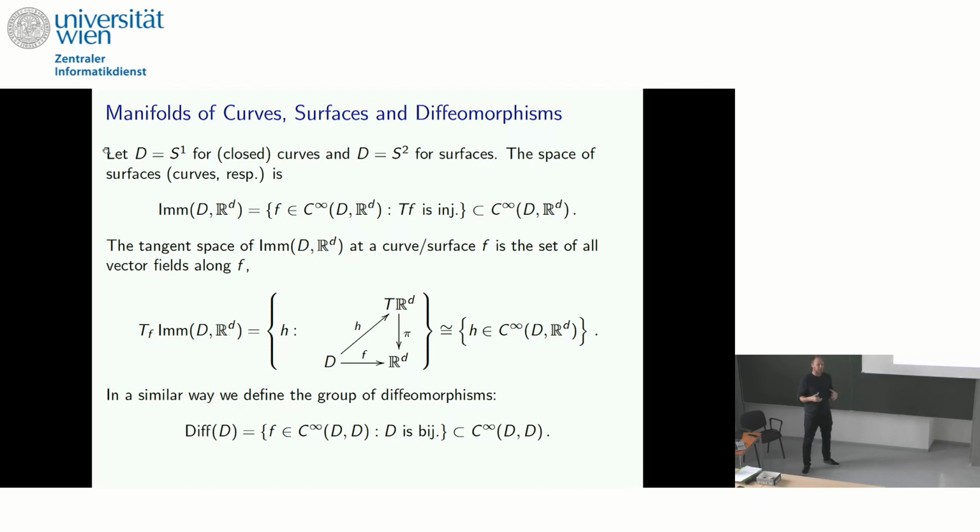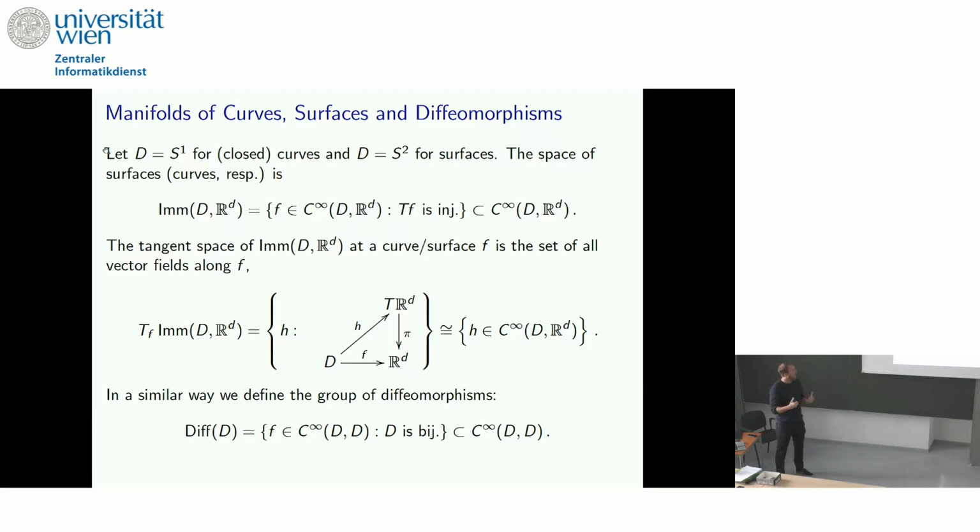And we don't want to have only smooth mappings, we want an additional assumption, namely we want them to be immersions. This is not really any restriction on the type of shapes that we can represent with this, it's just a restriction on the parameterization of my object. Why do I say this includes diffeomorphisms? It includes diffeomorphisms if you take, instead of R^d as the target space, the domain space itself. Not completely formally correct, but for the purpose of this talk, that's fine.